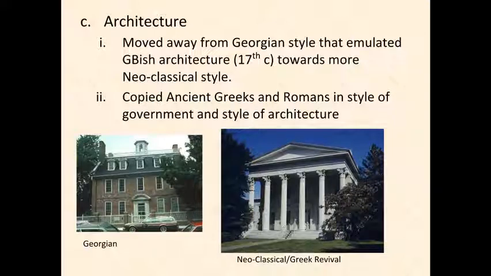Architecture also incurred a lot of change during this time as well. We started moving away from these huge Georgian-style houses, which were acquired from Great Britain and English. We emulated a lot of the architecture that was happening in England within the 17th century towards a more neoclassical style, really taking some notes on the Greek and the Romans in terms of their architectural style rather than the English and their Georgian style of architecture. So we started copying ancient Greeks and Romans in the style of government, especially our government buildings,